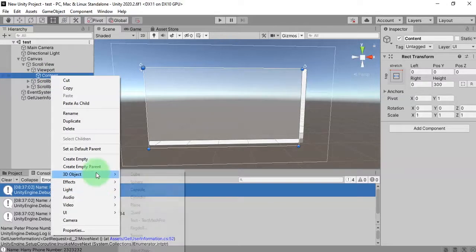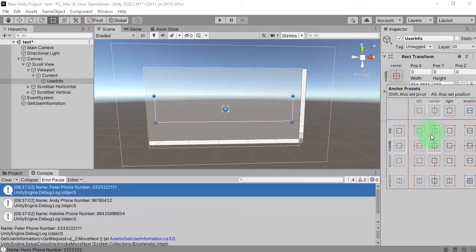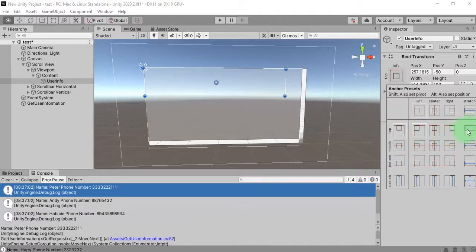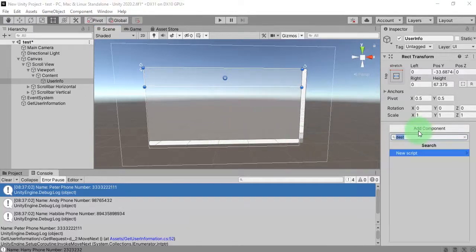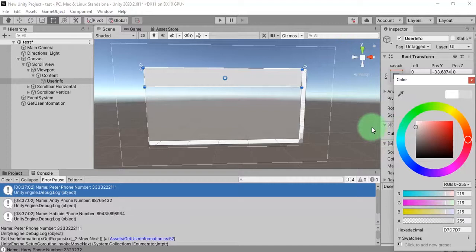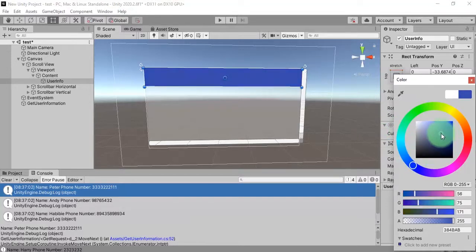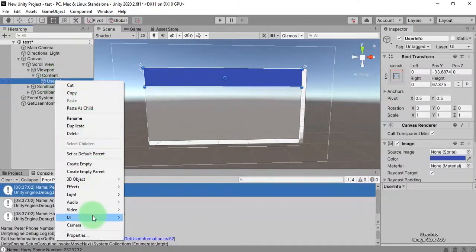Here I will add an empty game object. I will call it user info, and I will arrange the position of this game object this way. Then I will add some image, background image. Let's say we use this blue color, and inside the user info I will add two text